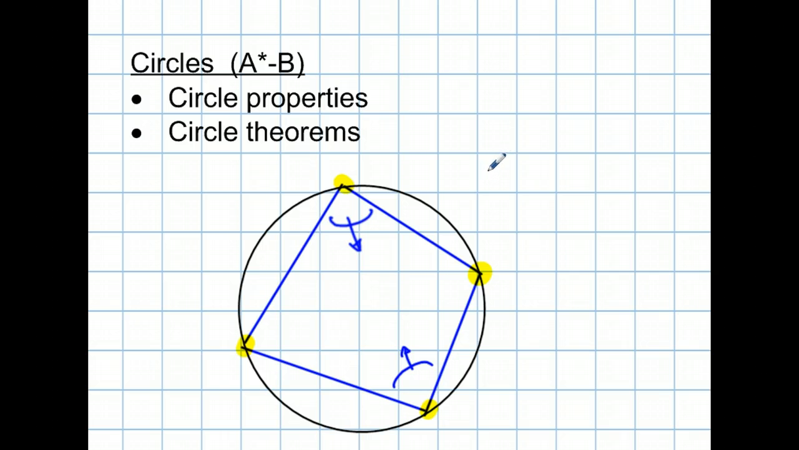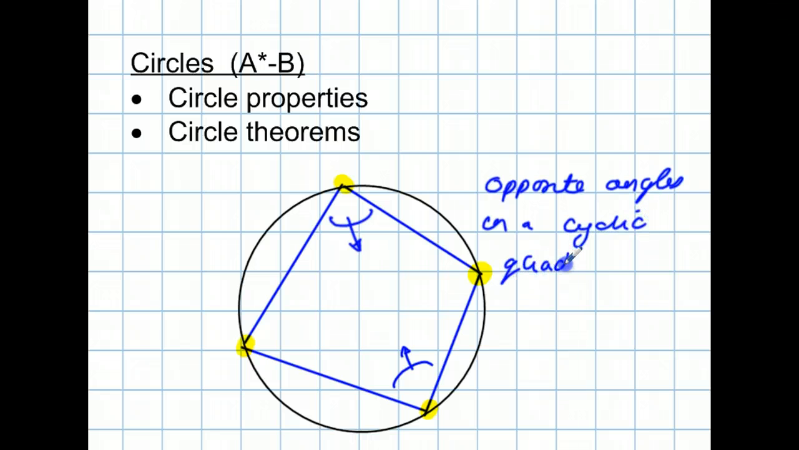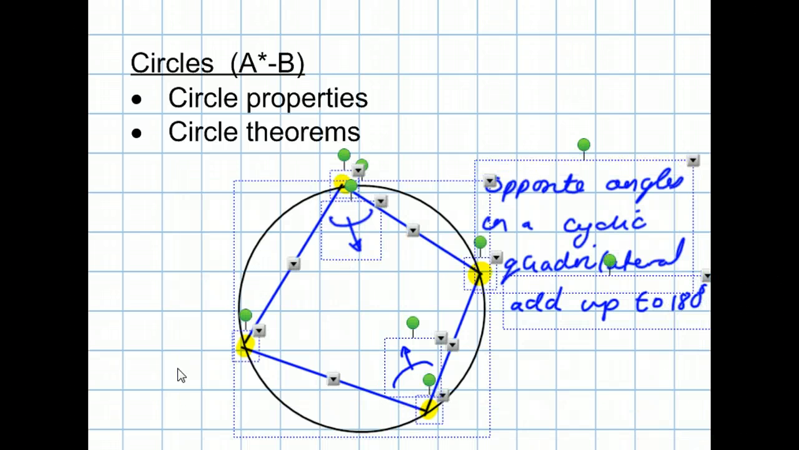So, how do we write that in the exam? We're asked to give the reason. It is opposite angles in a cyclic quadrilateral add up to 180 degrees. Now the last theorem, sorry it's gone on a bit,